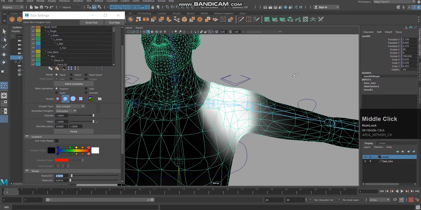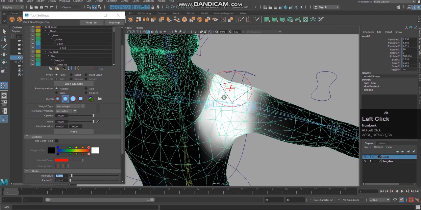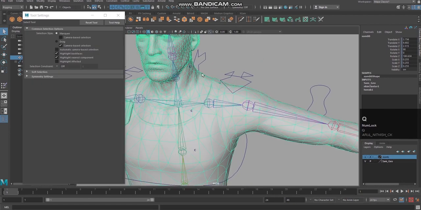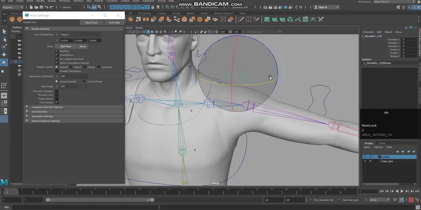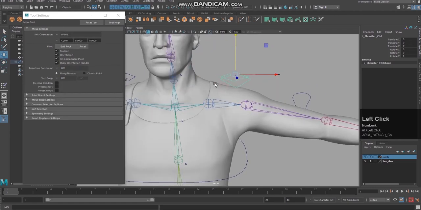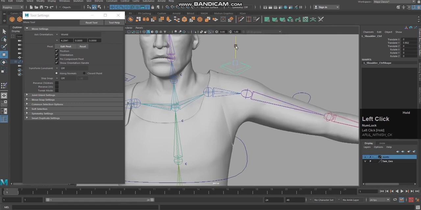See, now I have given more influence here. Now let us see what happens. Previously this area was tearing off. Now I have given full intense influence on this area. Now you see what happens.